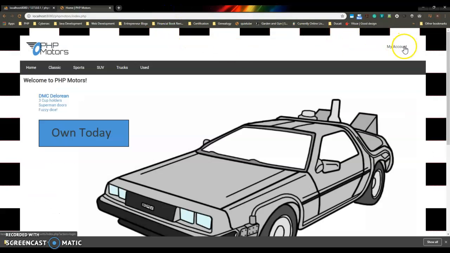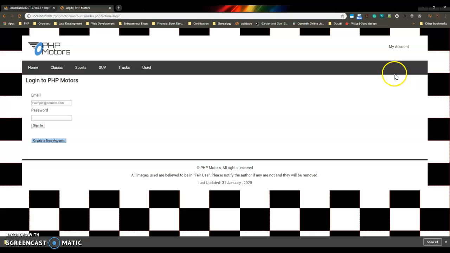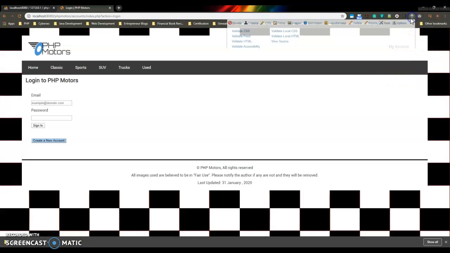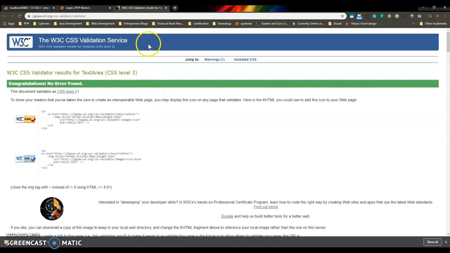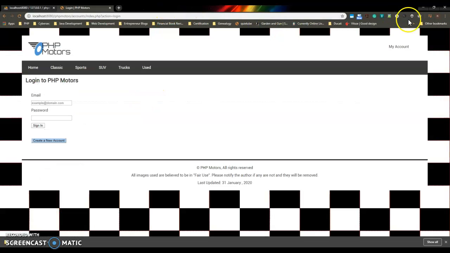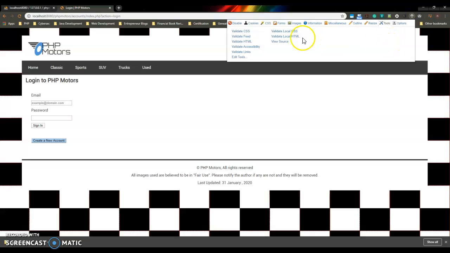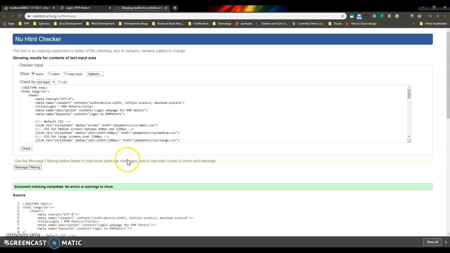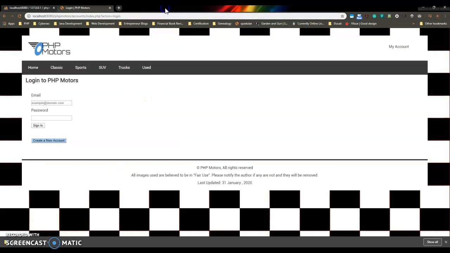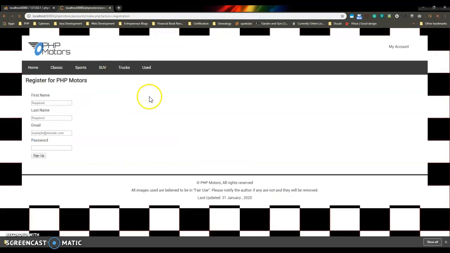I'll go to my account login page, validate the local CSS. That's good. Validate the local HTML. That's good. Then I'll go to my registration page